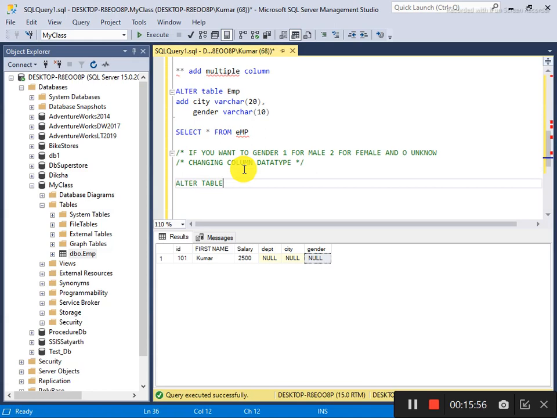Now when you use the alter command, you need to say alter as well as the table name, alter table emp. And now what do you want to alter? If you want to alter a column's data type, you will say alter gender, now you will say int. Why is it not working here?